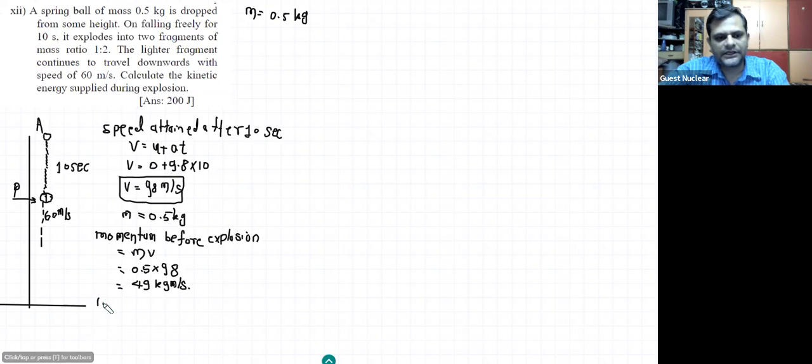Yes, so the kinetic energy before the collision can be found out by just using the formula half mv square. Collision, it is an explosion, right? The kinetic energy before explosion can be found out by using the formula half m into v square, where m